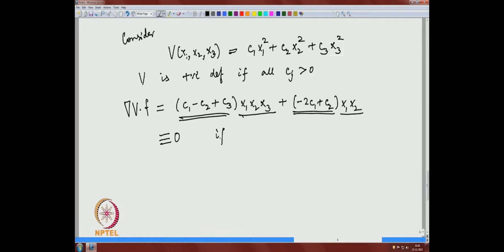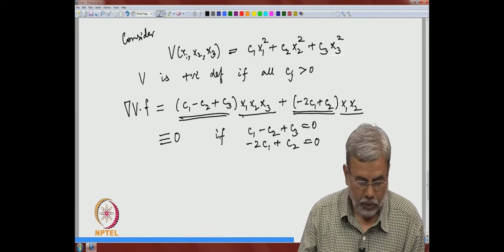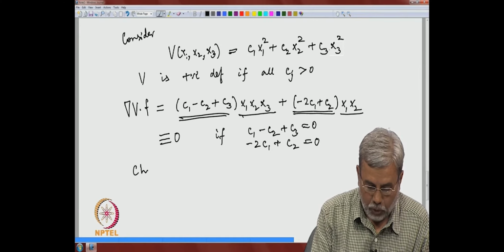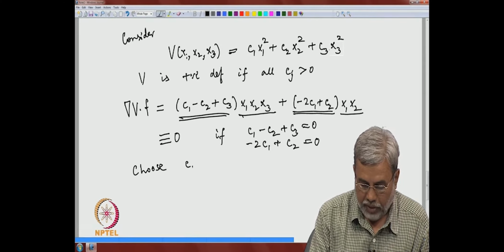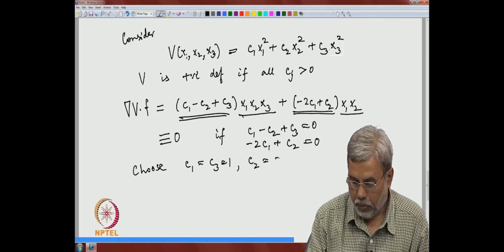Okay. So, that can happen only if C1 minus C2 plus C3 is 0 and minus 2 C1 plus C2 is 0. Remember, C1, C2, C3 are at our disposal. Okay. So, we can choose them as long as they are positive, that is fine. And now, these are the two conditions. Okay. So, there are 2 equations and 3 unknowns. So, you have plenty of choices. Okay. So, one choice is choose